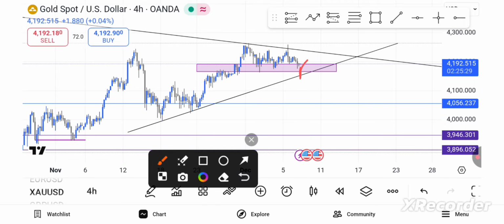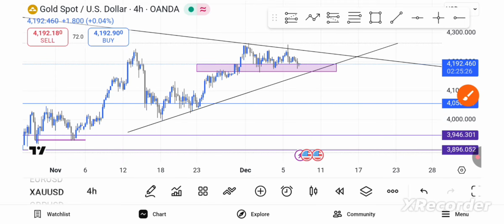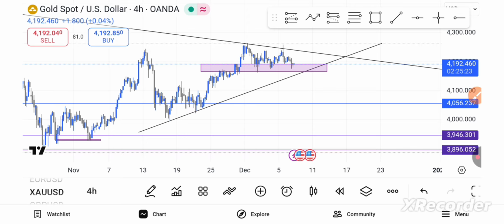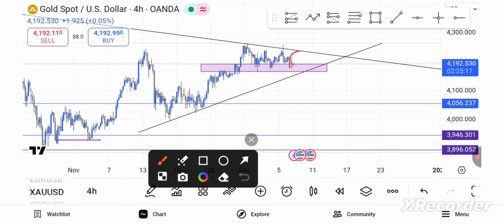So let's have a plan, right? What is our plan? We're not taking any trade as long as the market is within this zone. We're either taking a sell once we have a shift of structure breaking this level, breaking it down to this side, and going back to retest this zone, then we head down to this very point and we're done with the market, right? Does that make sense? I believe so.